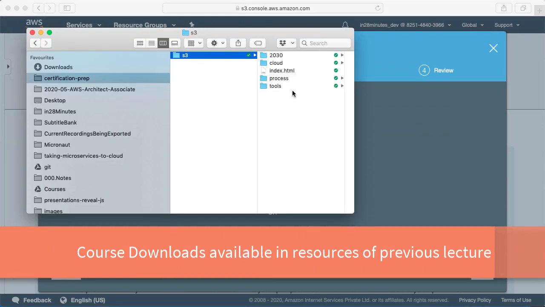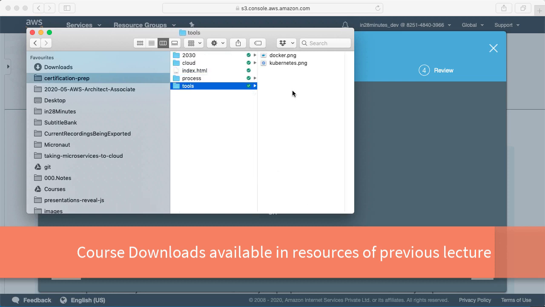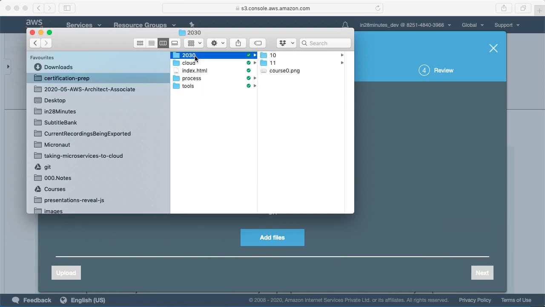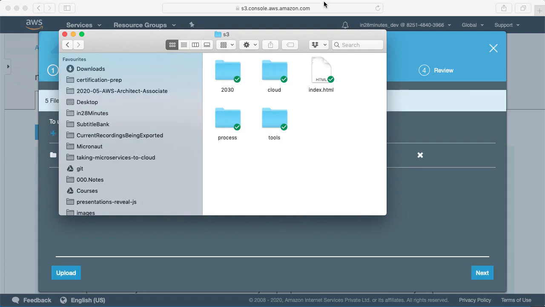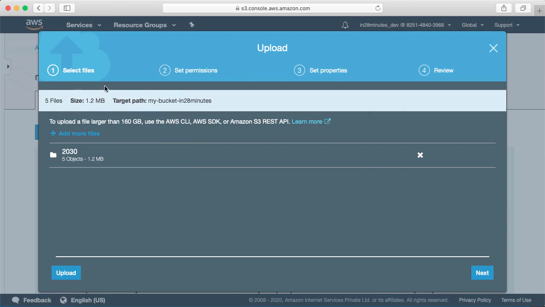If you unzip the course download material, you would see that inside the folder S3, there are a lot of files which are present. Let's start with taking just the folder 2030. So take the folder 2030 and drag and drop it into the UI. You can just drag a folder and put it in here.